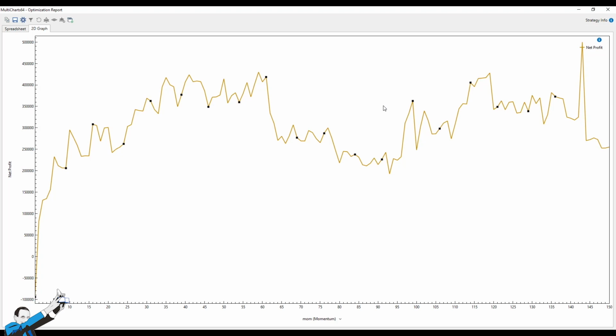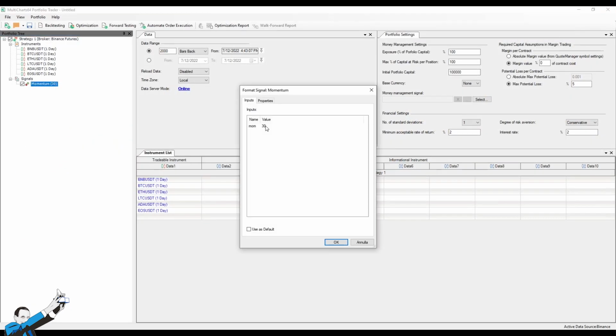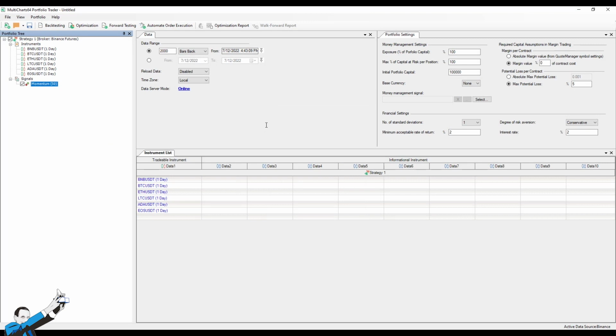But now, why is this? Because the different equity lines of the different underlying assets tend to offset each other somewhat. It's the concept of diversification that produces a positive effect on this portfolio of trading systems. The greatest area of stability seems to be in the range of 35 to 65. So let's take 50 as an indicative value and look at our backtest.